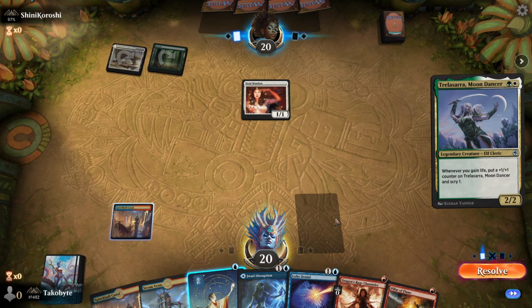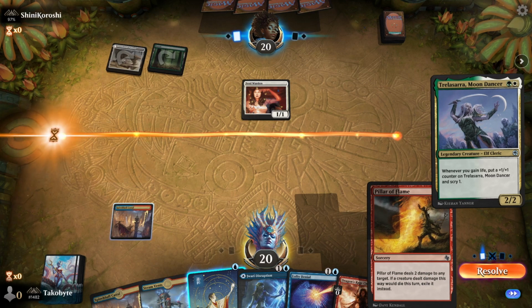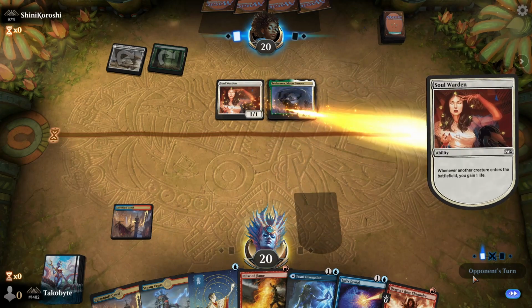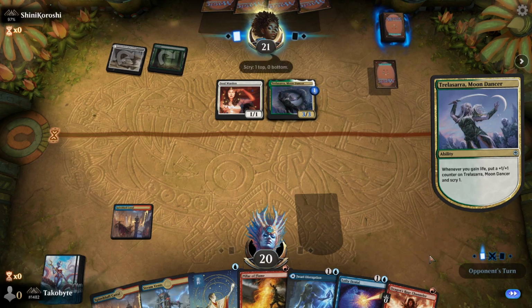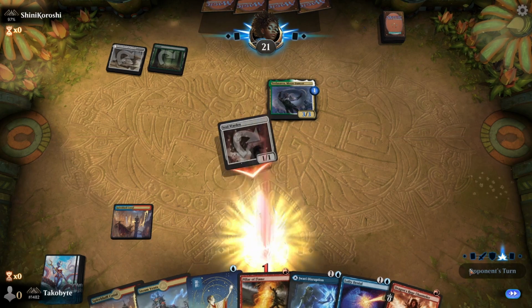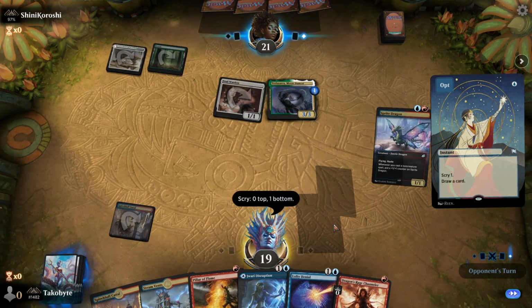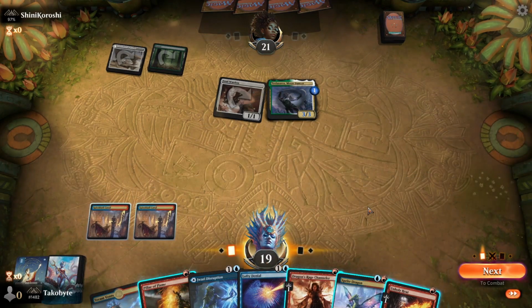Man, they always have that combo, huh? That's really bad. Because this pillar, I thought... Oh man! I thought this was an instant speed. That's why I didn't kill it. We might have some issue here. Definitely not good. Because I thought... Oh man. It's okay, we got Unholy Heat, so...